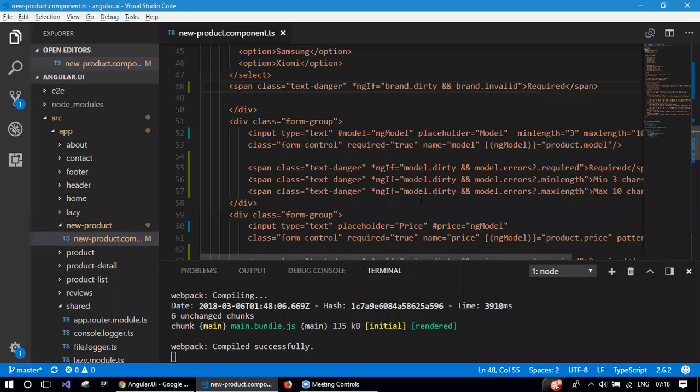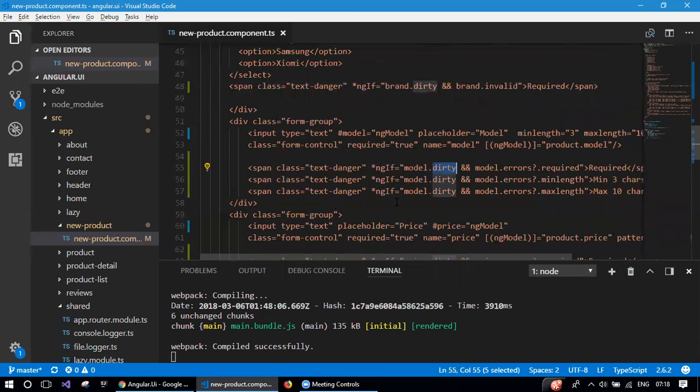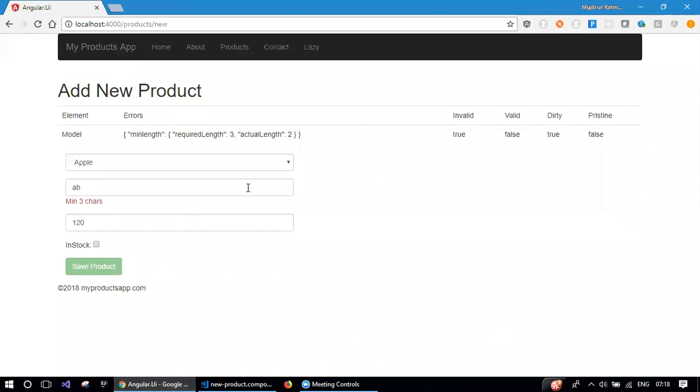The only thing is you should put not pristine here. Dirty is good rather than having a not operator and doing all that kind of stuff. Just use dirty and that's enough. But alternatively, you can use pristine as well. Okay, so if you want more enhancement in your user experience, you can use some property